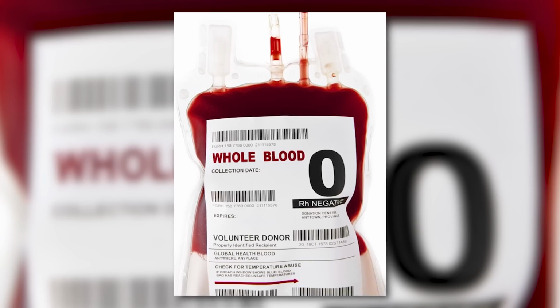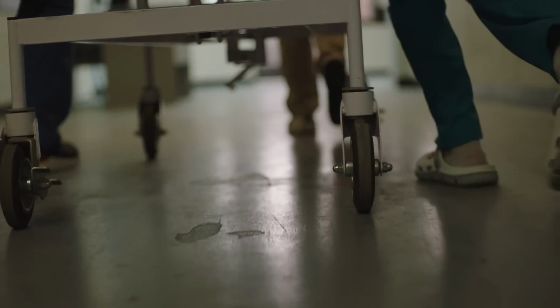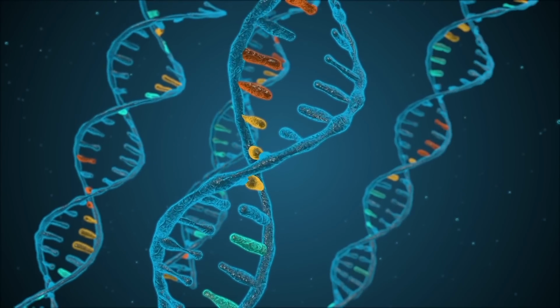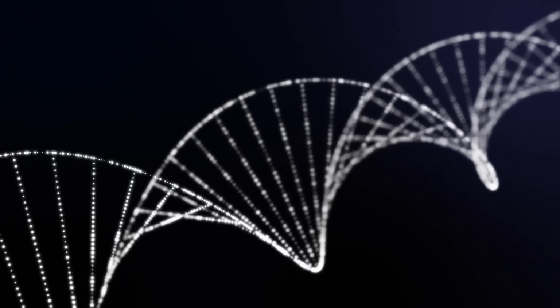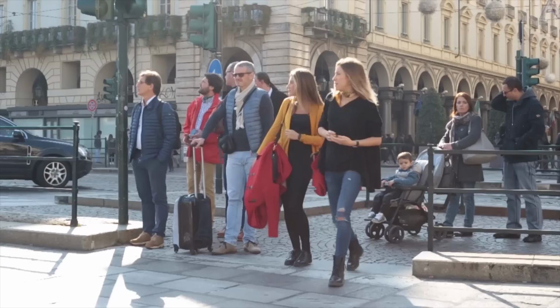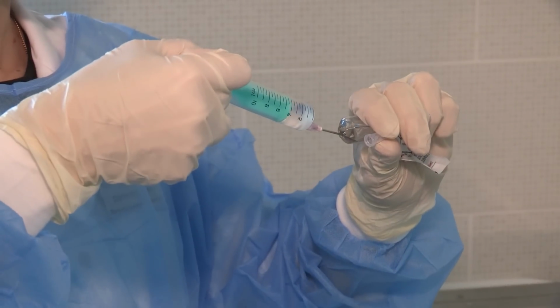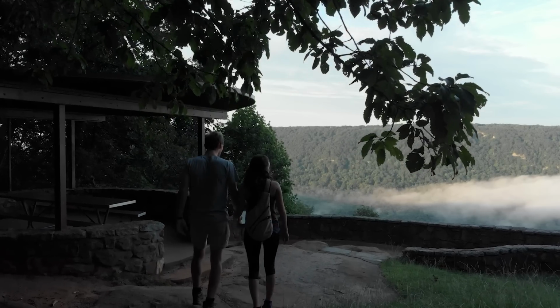Nonetheless, the inherent versatility of type O blood will likely remain a cornerstone for saving lives in emergency situations and surgeries. Understanding our genetic makeup, like deciphering the secrets locked within our DNA, is a powerful tool that unveils the hidden stories of our ancestors and ourselves. This knowledge empowers us to build a future where healthcare is accessible and personalized, ensuring everyone has the opportunity to